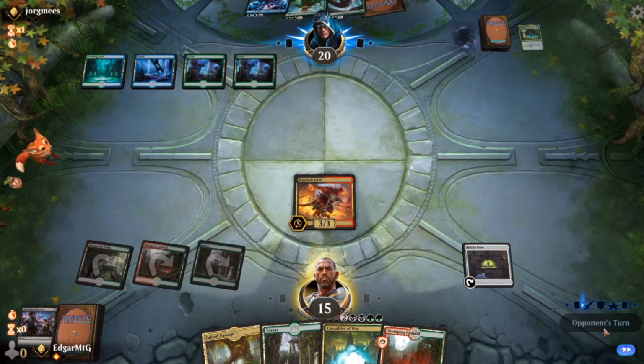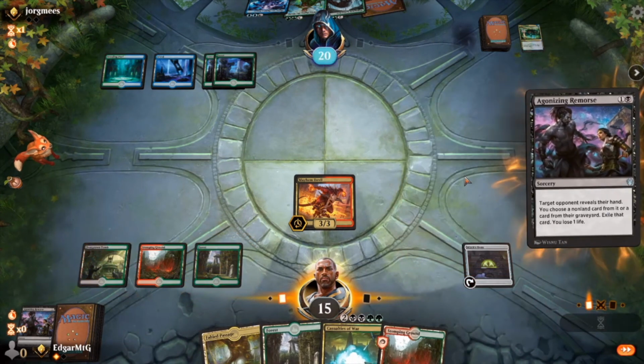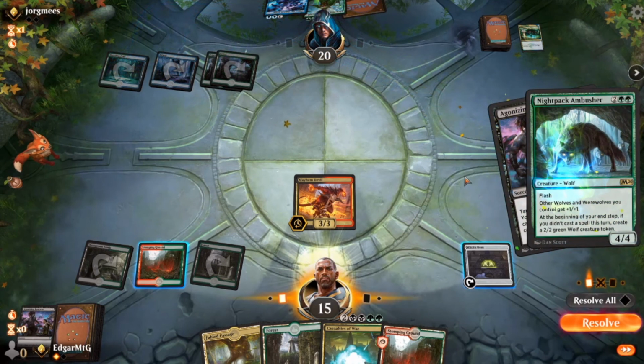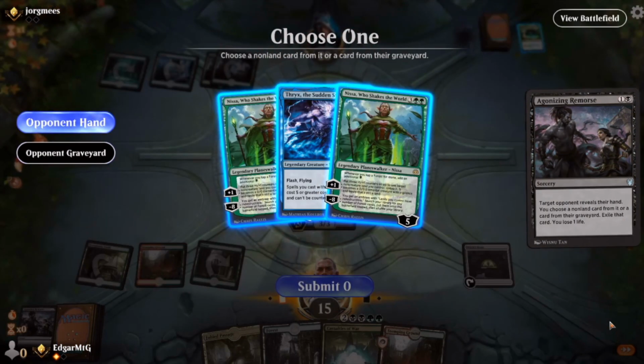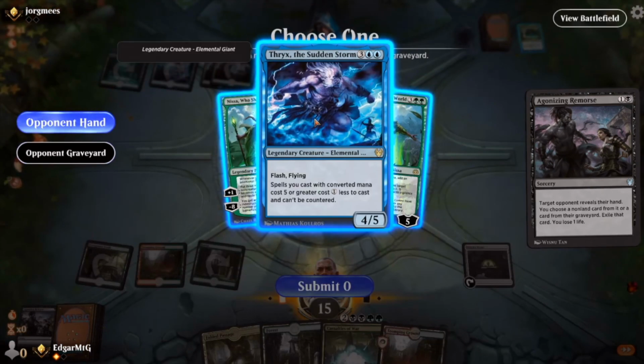Alright, so they hit this time. Drew another Agonizing Remorse. We're going to be able to keep pace with the Ambusher for a little bit, but after a while it's just going to be too much for us to handle. Ooh. So how do we win if they draw a land? It's going to be difficult, but